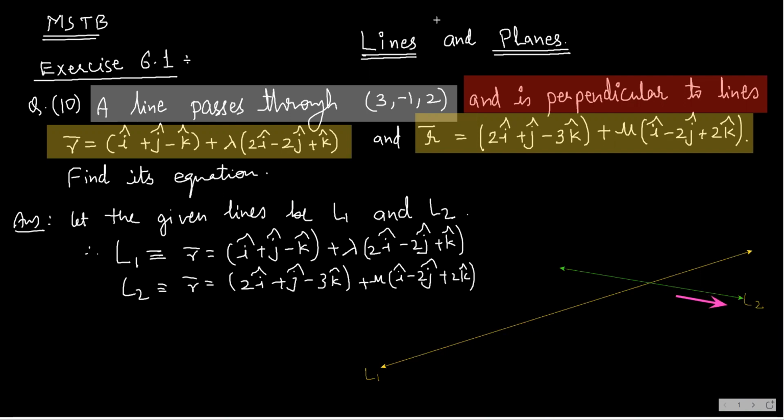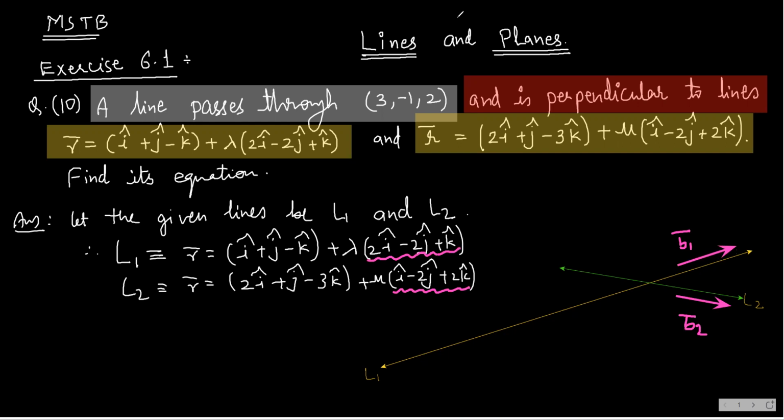This is vector B2 bar. And then I take a vector parallel to L1 and I call this B1 bar. Now, where do I get these two vectors from? How do I get these two vectors? See, these two vectors are given in the equation itself. This is B2 bar and this is B1 bar.